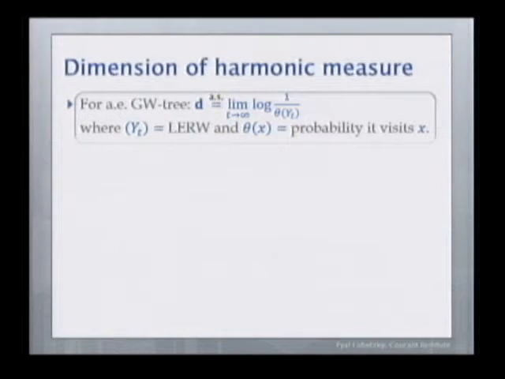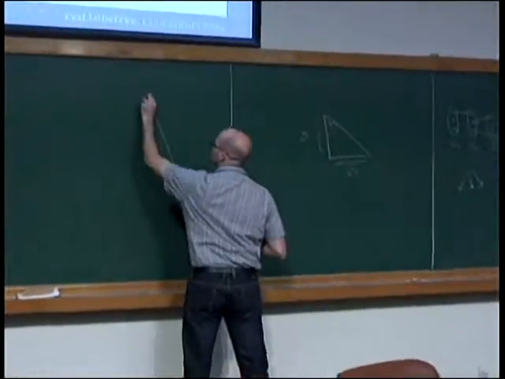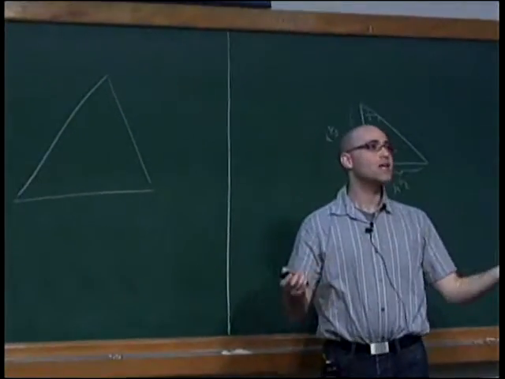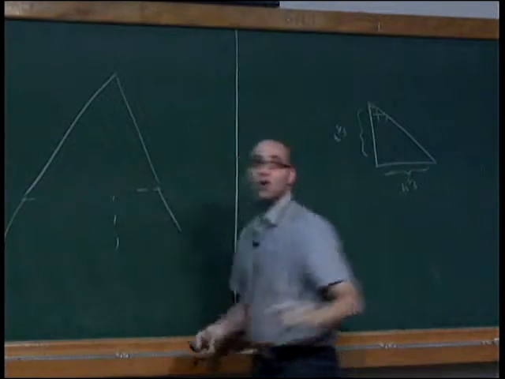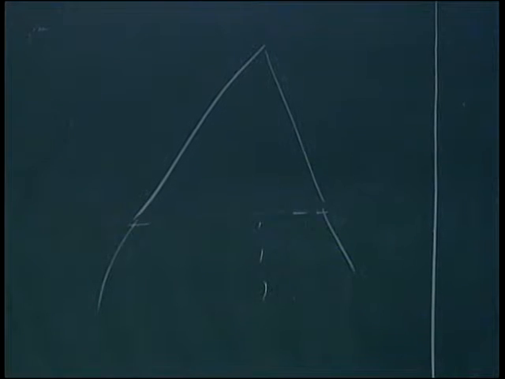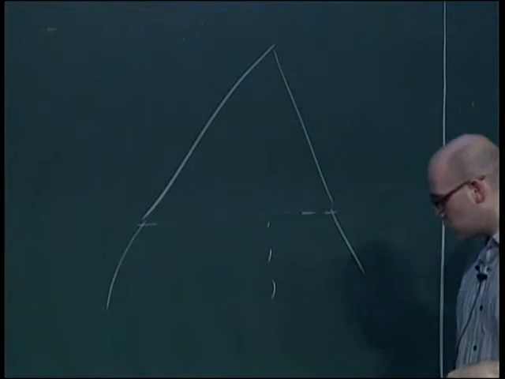Okay, given a tree, a fixed tree. Forget about Galton-Watson. If you look at a fixed tree, but it's infinite now, you can assign to each vertex a probability. You take a tree on which the simple random walk is transient. That is essential. So, by definition, since the simple random walk is transient on this tree,